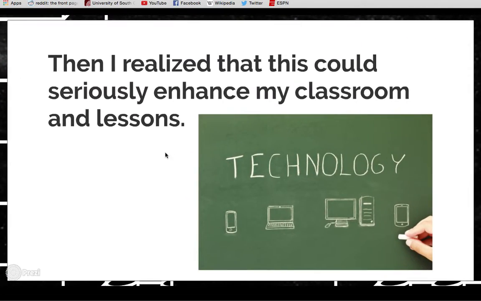I realized that creating relevancy and collaboration in my classroom, which was definitely heavily influenced by the Flipping Your Classroom textbook that we had been reading in this course, could enhance my lessons. At first, when I was reading the Flipping Your Classroom book, I thought these ideas were utopian, that they didn't really have a place in the class, simply because they wouldn't be possible. But I was selling my students short, my hypothetical students short.